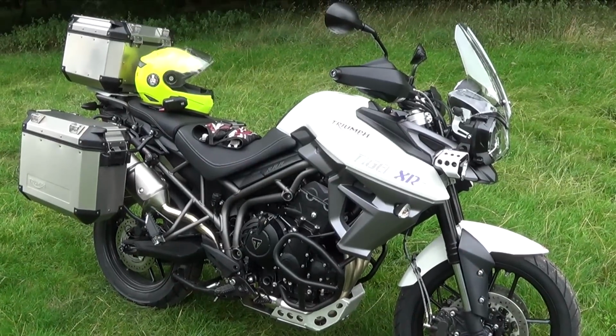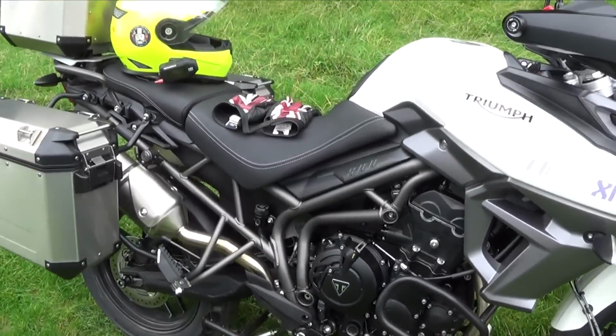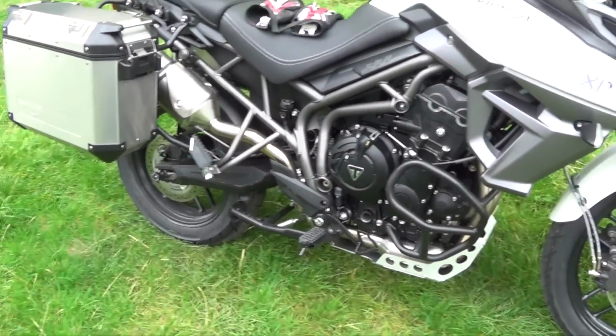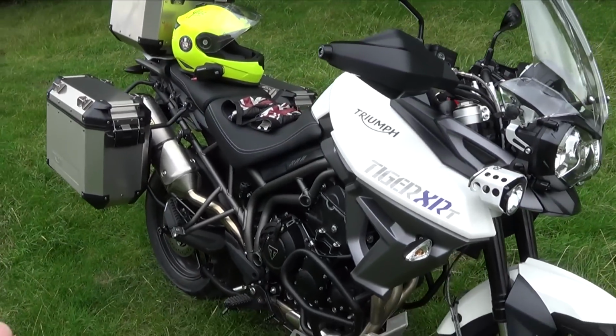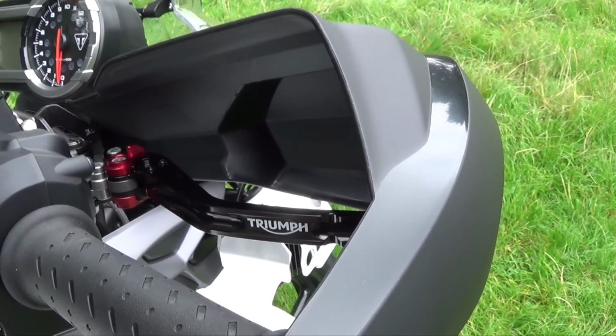But this is going to be a good workhorse for me, I think. It's chain driven, which is a bit of a pain, but then again the centre stand comes as standard, so not a problem. So what have I done to this so far? Well, got the sports pack. And the sports pack gives you the Arrow exhaust, the Triumph adjustable levers,